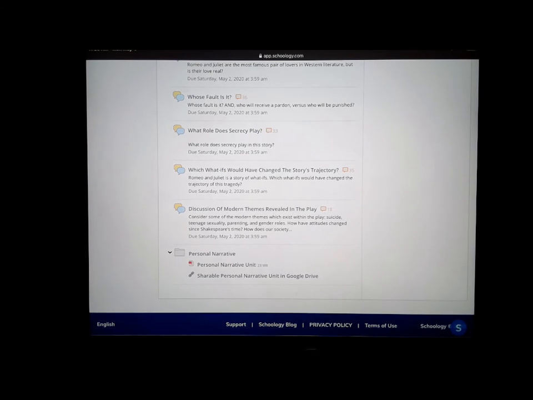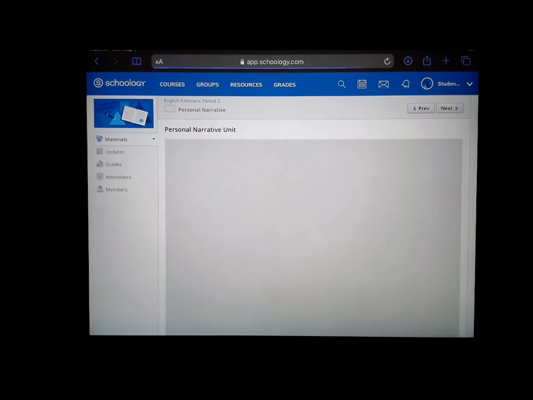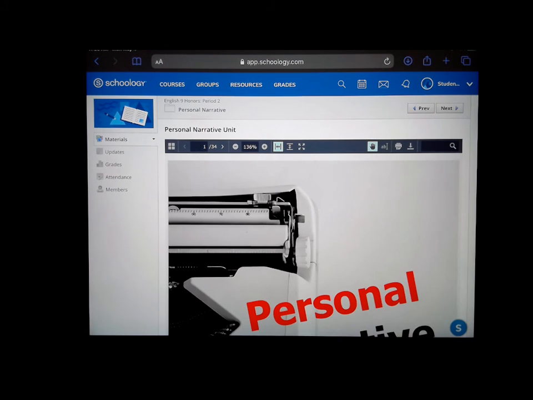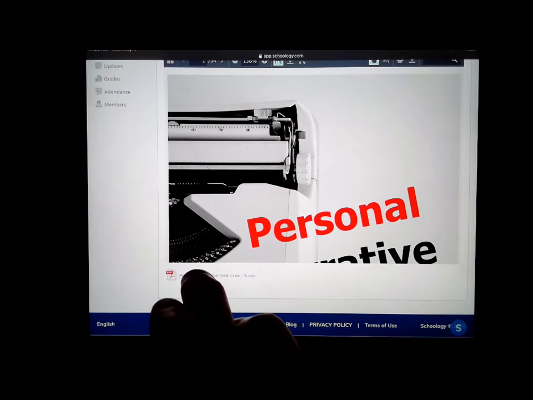It's just something you can access on Google Drive, so that if you wanted to download the PDF and have it accessible when you're not online, that may be the thing that you want to do. So for me, on the tablet, the best way for me to add this document to my files so that I can access it anytime I want is, first, you got to wait for it to load. But down at the bottom there's an icon and a link for this 23 megabyte document, and if you click on it,